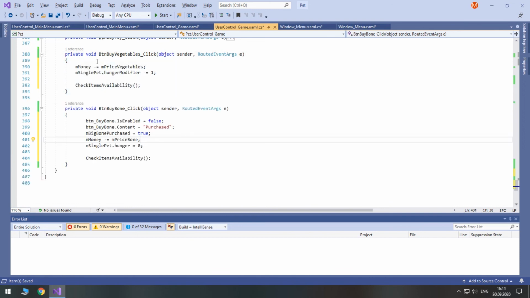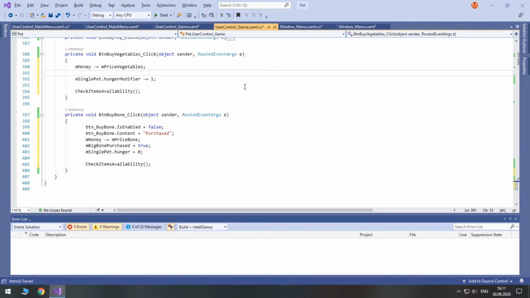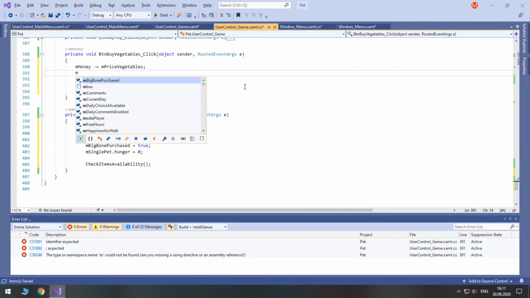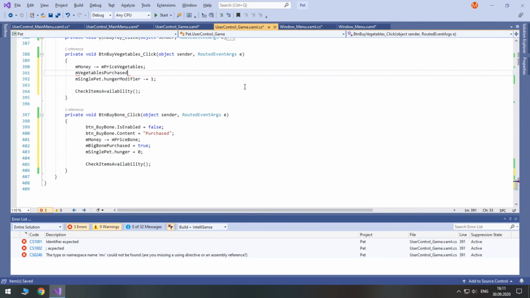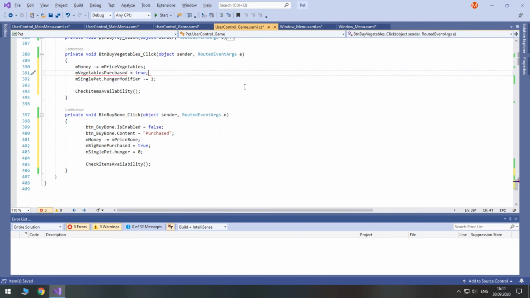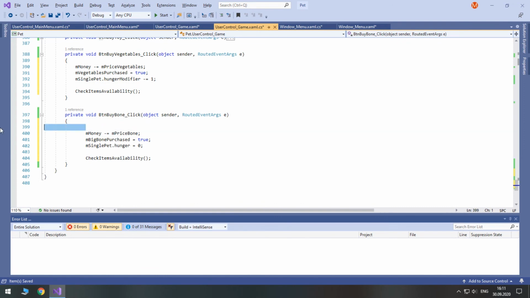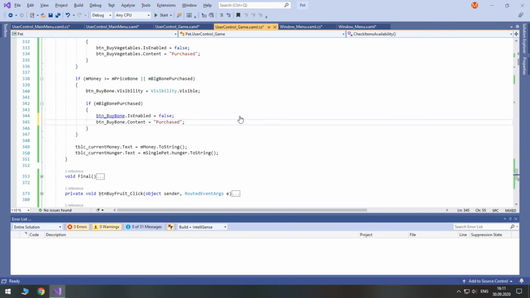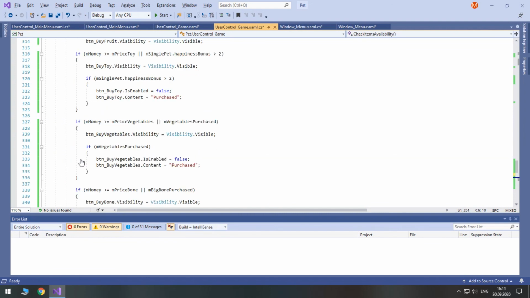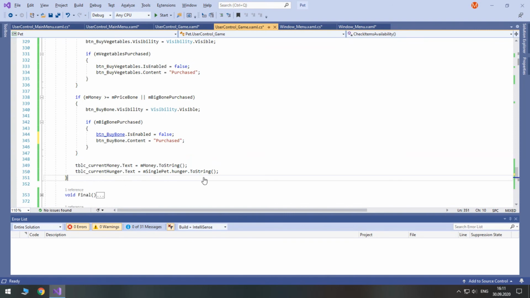Oh, and also, in addition to subtracting money and making effect, we need to assign vegetables purchased to true. Okay, and we need to cut it from here and paste it here. Okay, and whatever we do, we update our text blocks.